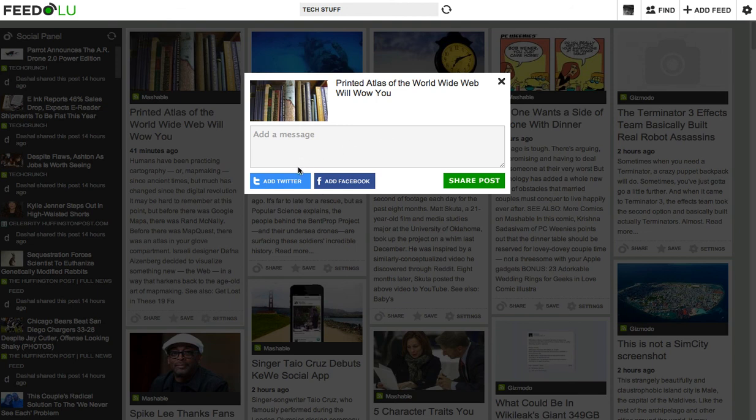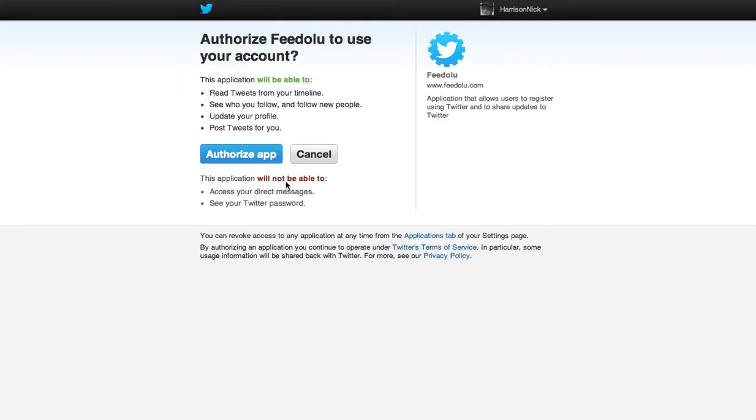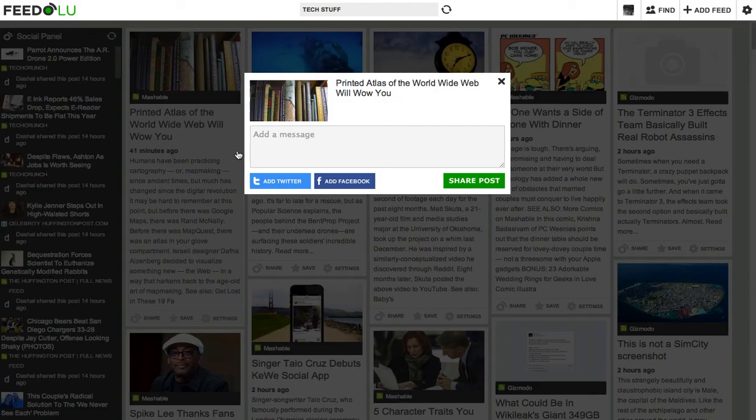Or I can also add a Twitter or Facebook. So let's actually add Twitter. Click on that. Okay, authorize Feedolu to use your account. I'm going to authorize the application. And that's it, it's that quick. I added Twitter. And this is actually saved to the database, so every time you go on Feedolu, you'll see this